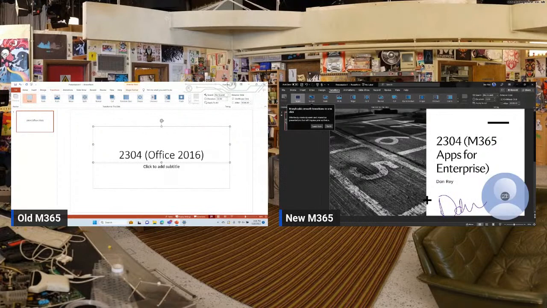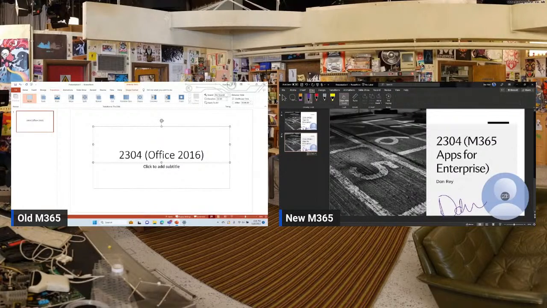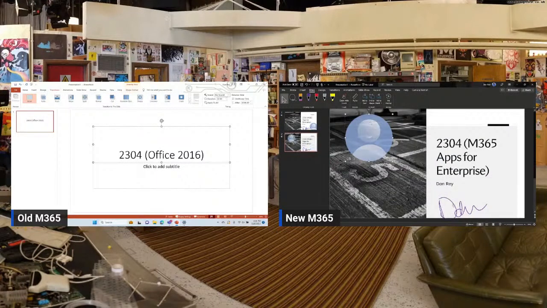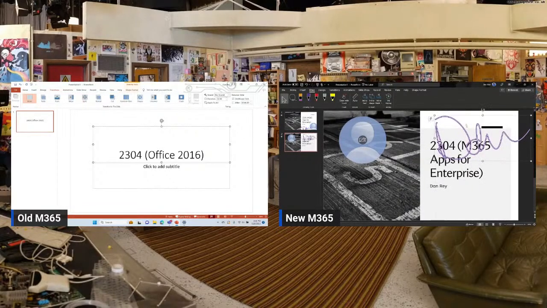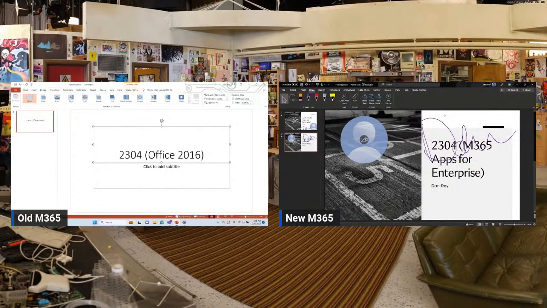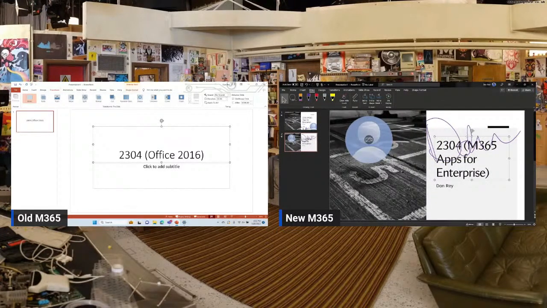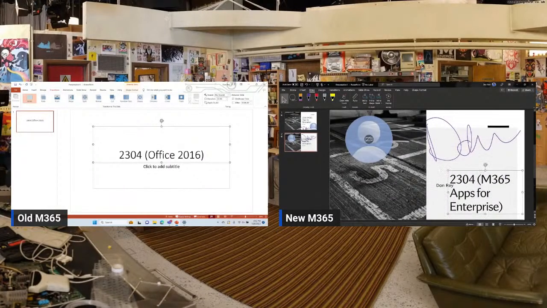Transitions on the new version include morph. What morph allows me to do is take a set of graphics or words on a slide and make sure that that information glides across in an animated fashion to its new destination. So if I take my text and my ink and I move it around slightly or significantly in size and location,